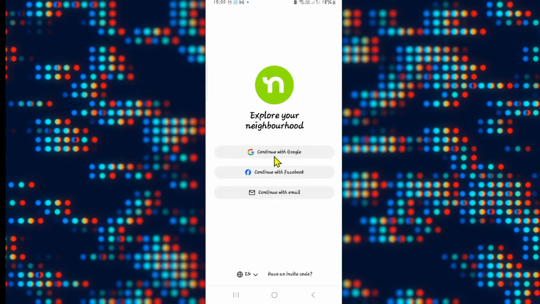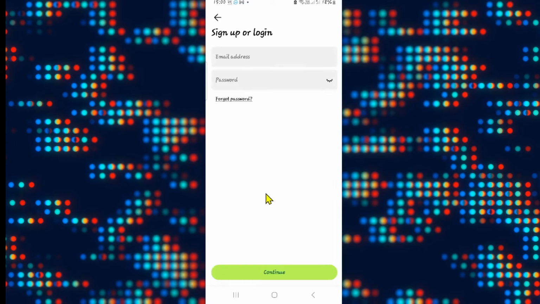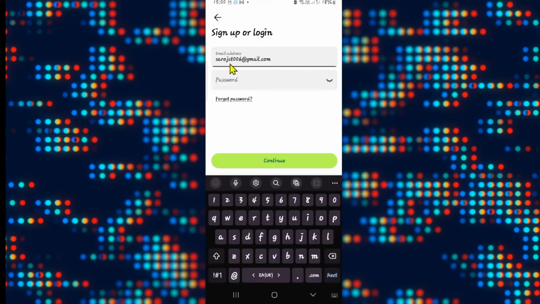Now you can tap on Continue with Google or Continue with Facebook if you have created your account using these options. Now if you created your account using your email address, tap on Continue with Email. You will then be asked to enter your email address and your password. So type in the email address that you used while creating your account, and then within the password box, type